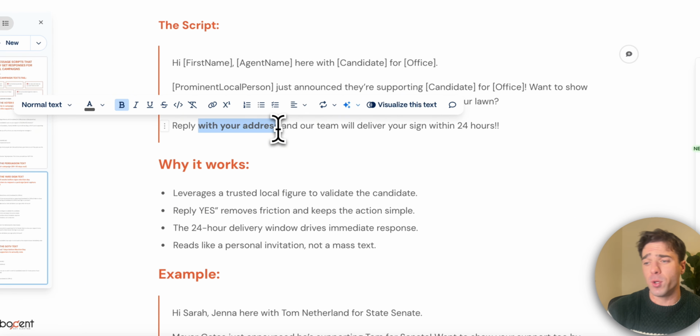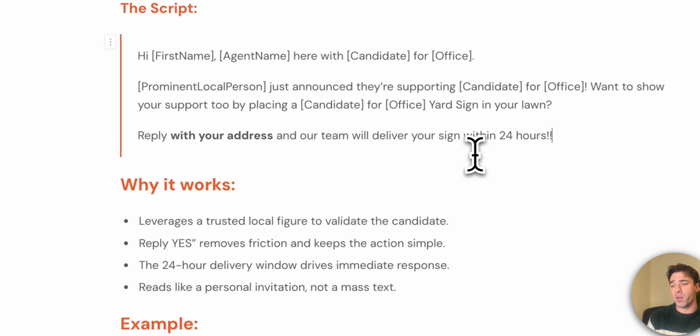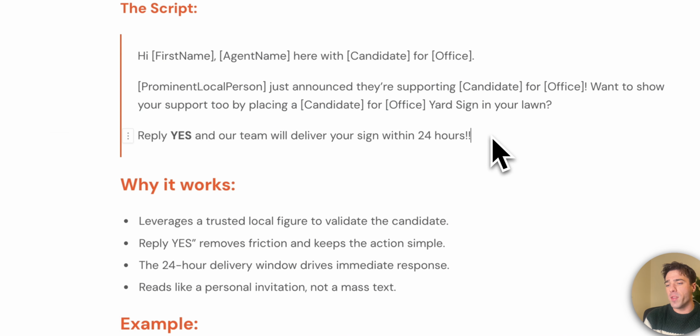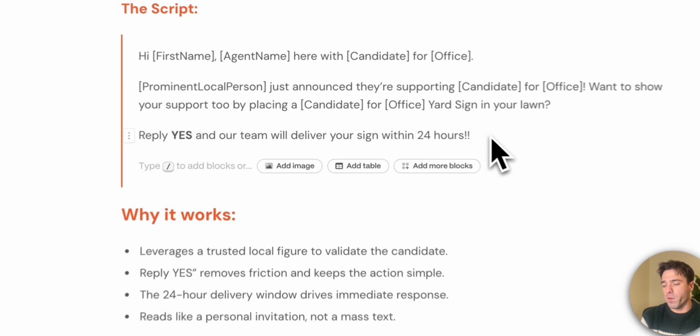I try to keep it super simple. I elicit a response from them on the front end. So if we did the yes one, right, that's an easy first response. And then you can follow up, hey, confirm,